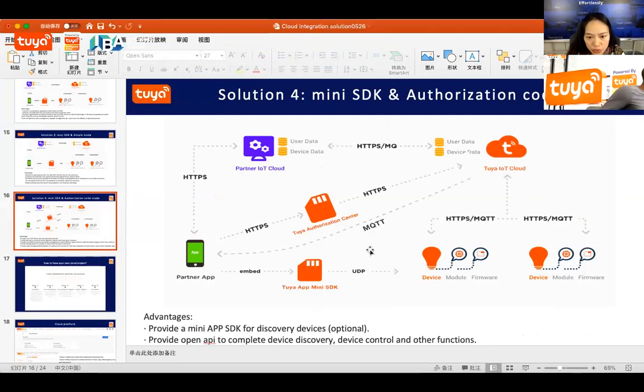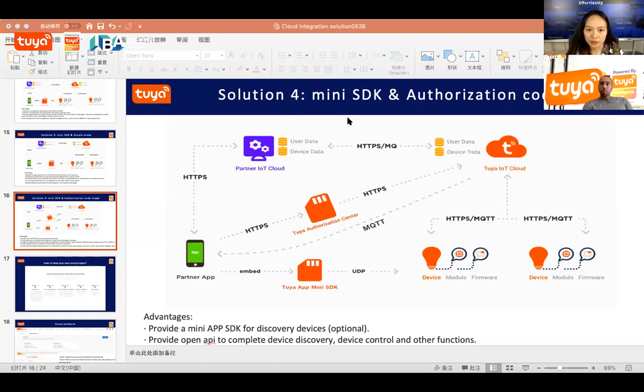Let me go to the IoT platform, because we will need to understand how to build your own project. I'm not sure if you have a certain knowledge of the differences between those 4 solutions. Now let's go to this page about cloud development. Here is our new architecture on the platform,